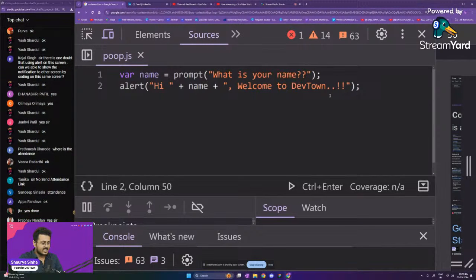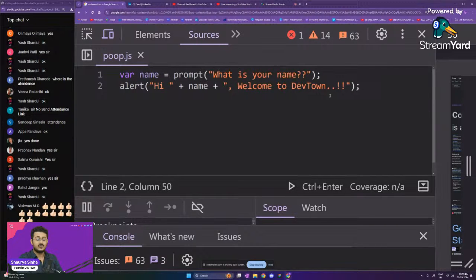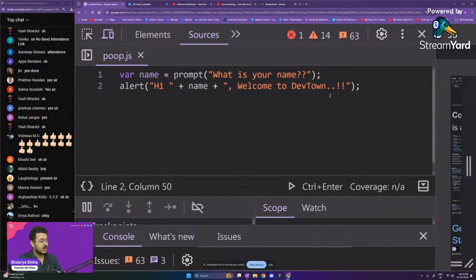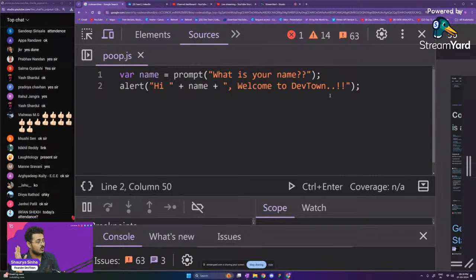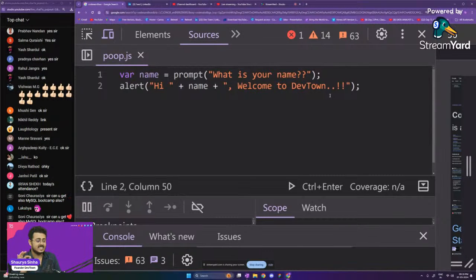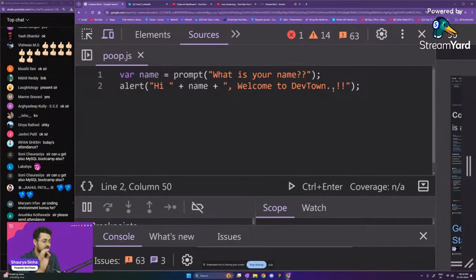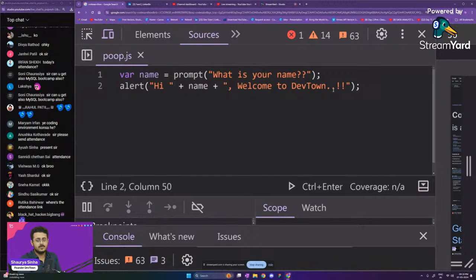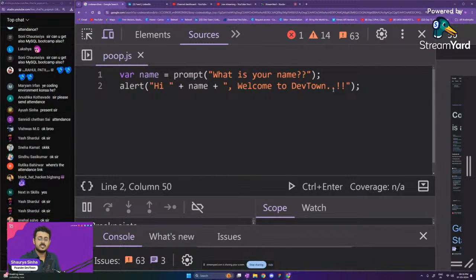The last thing that you guys need to remember is that you have to use the same email ID every single time you are filling up your attendance as the one that you are using to watch the YouTube video. Whatever email ID you are using to watch the YouTube video right now, you have to use the exact same email ID every single day to fill up the attendance. If you are using any other email ID, you will not be able to receive the attendance.